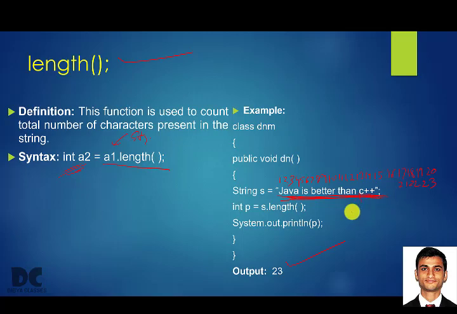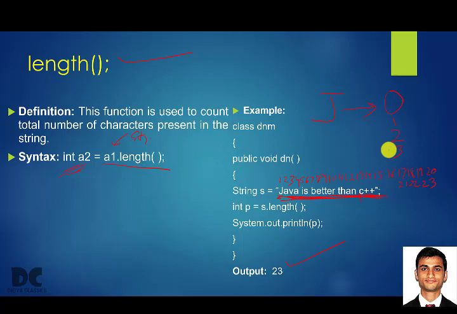And also remember the position. The position and length are different. Length is the number of characters. Position is the position of a particular character. For example, I will ask what is the position of the capital letter J, that is this one. Then you will say it is 0, because we have already seen that the location or the position of a string starts from 0 till the end. So J is 0, A is 1, V is 2, again A is 3, so it will start from 0.